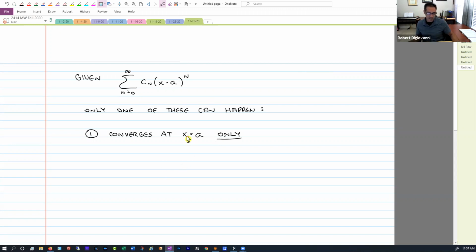Now let's convince ourselves that this would be true. If I replace x with a, what would I get? Zero here, right? And 0 raised to any power is 0, and 0 times anything is 0. So this would just be 0 plus 0 plus 0 forever, and that's 0, isn't it? So every power series has to at least converge here. All right? So that's either going to happen, or two, it's going to converge